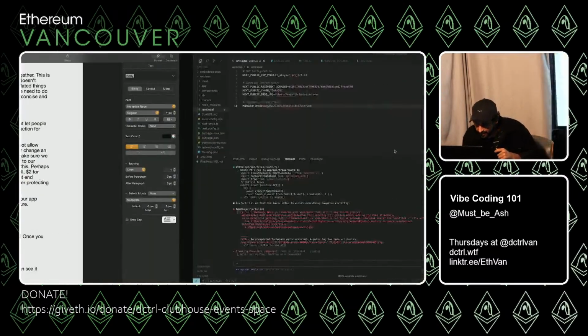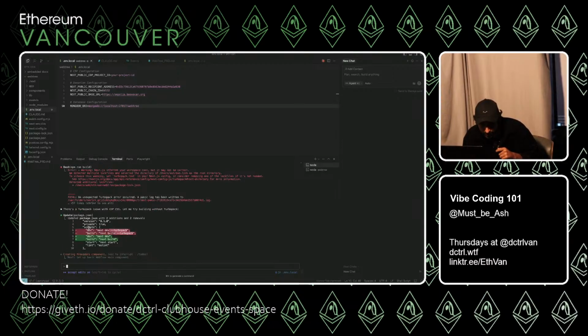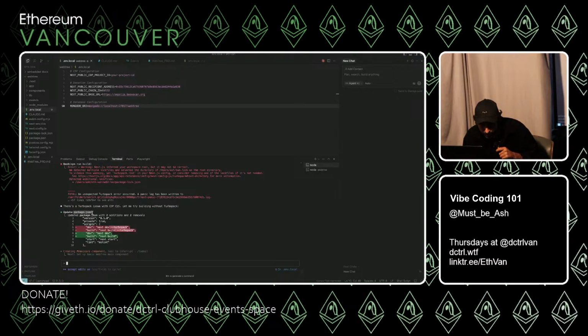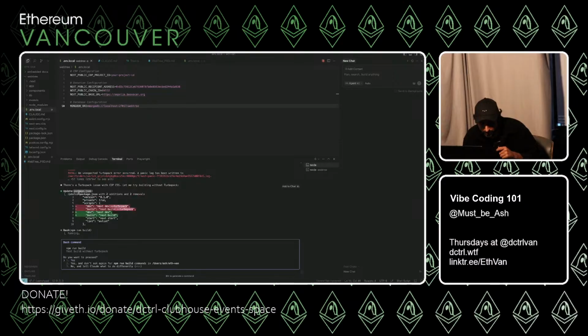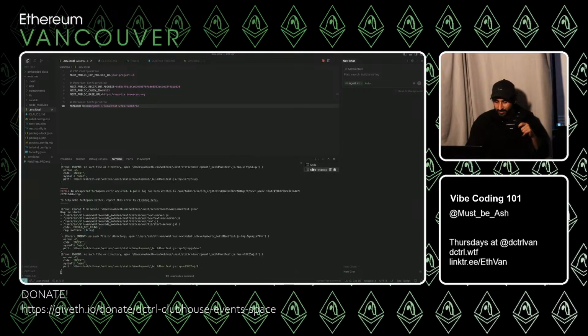All right. So it looks like it's completely made a mess here, and the reason is it tried to manually create the project. This is why I would have stopped it had I been paying attention. But I think it can still figure it out.